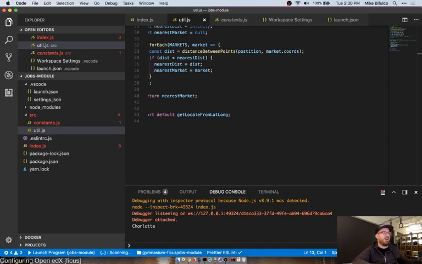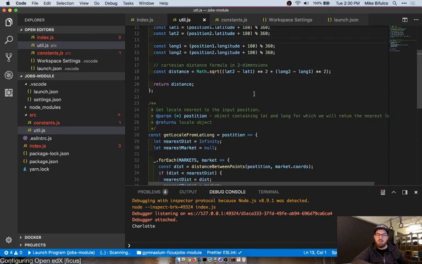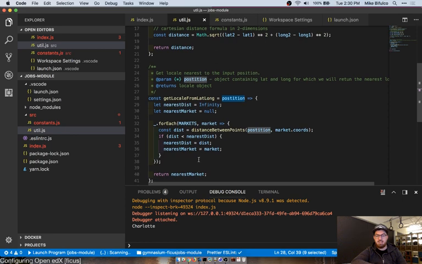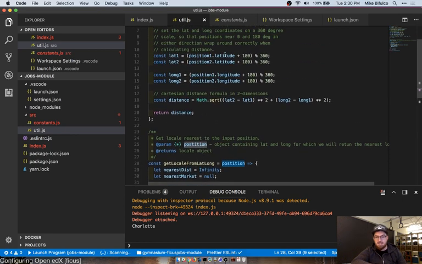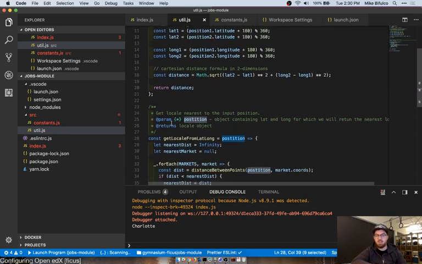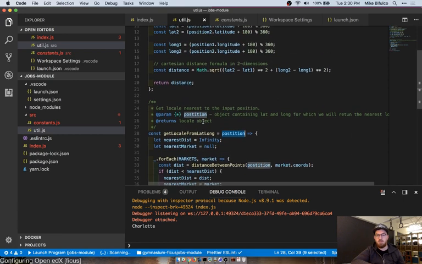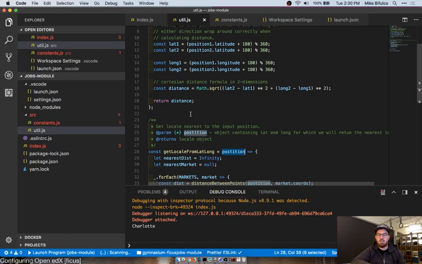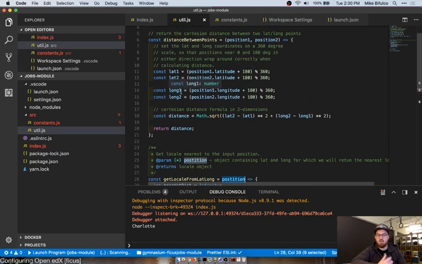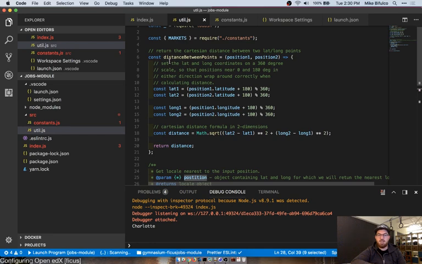So, carrying on, now we have a nice little function that gets given an input position that has a latitude and a longitude defined. It will grab the distance between those 2 points and give me the longest one. Some of the smart math that's done here, right. So this was the complexity.